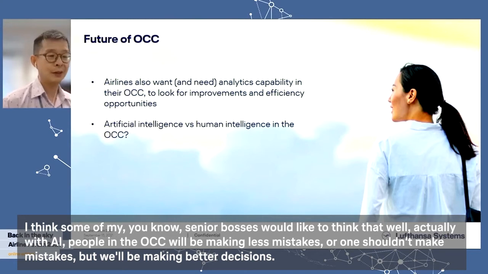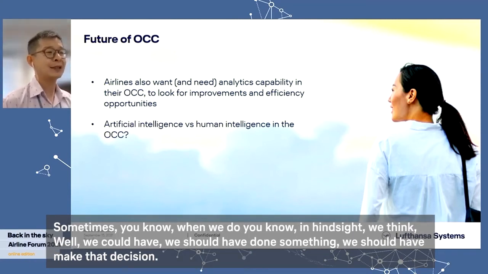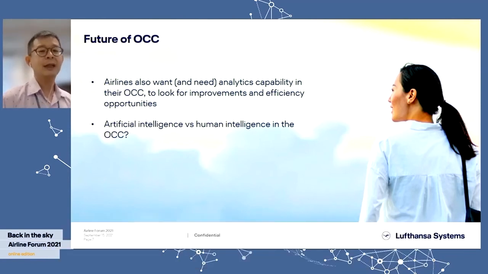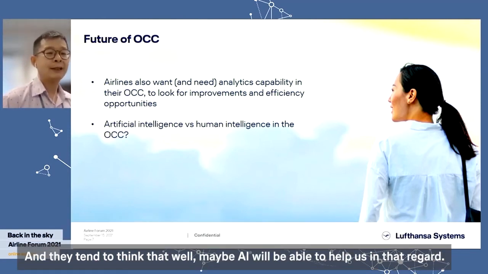I think some of my senior bosses would like to think that, well, actually with AI, people in the OCC will be making fewer mistakes, or I shouldn't say mistakes, but will be making better decisions. Sometimes, in hindsight, we think, well, we should have done something. We should have made that decision. And they tend to think that, well, maybe AI will be able to help us in that regard. But